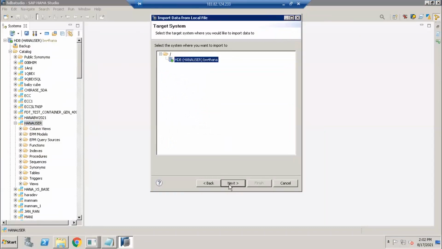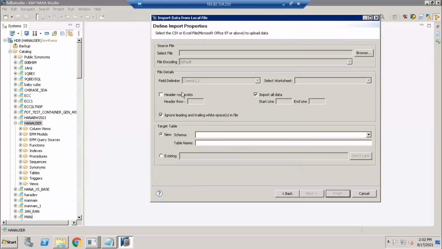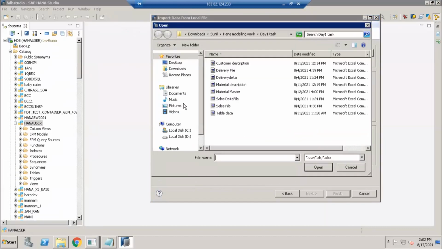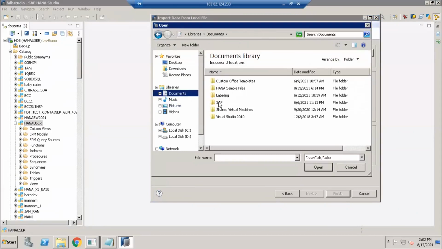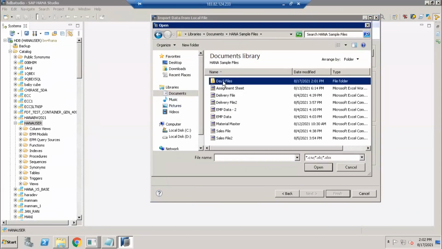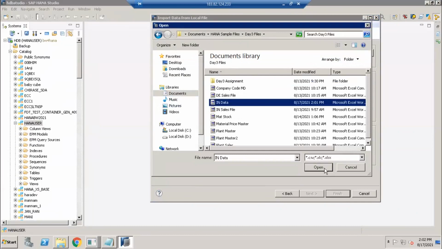Select our system, click on next. Here we need to select our file, from the documents, day 3 documents, HANA sample files, day 3 files, IN data, click on OK.